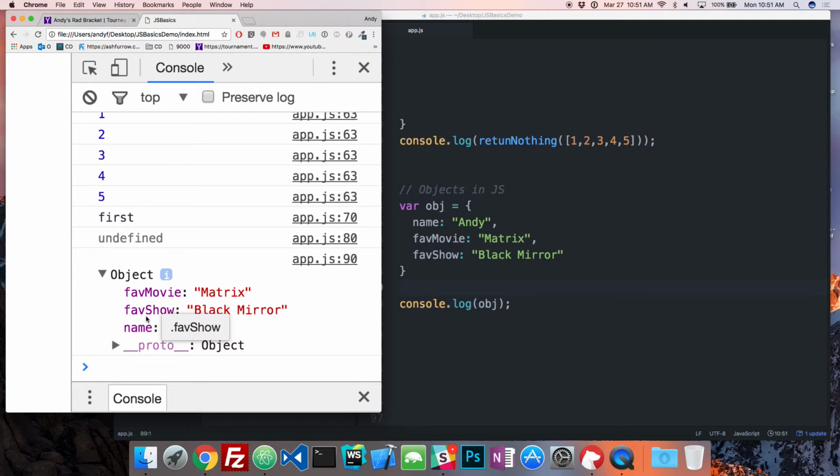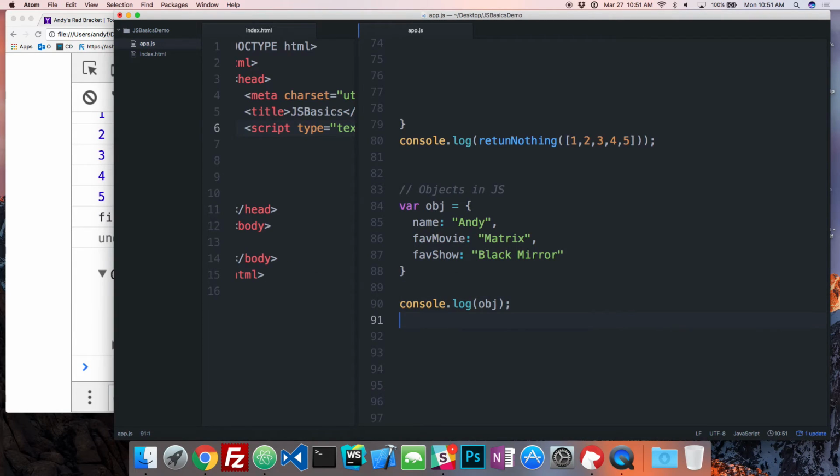The reason it's not in any order is because in objects, things are not ordered. And if we want to access these things, we don't use indexes, but we access them via the property name. So now it makes it easy for us to get the name of something. Instead of trying to remember the index of where that is saved, we save it in what's called a property. So there's a key value pair. The key is going to be whatever we give it, the name, and then the value will be the thing that we save on that key.